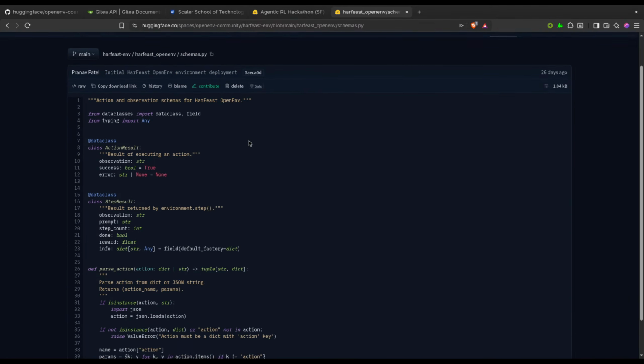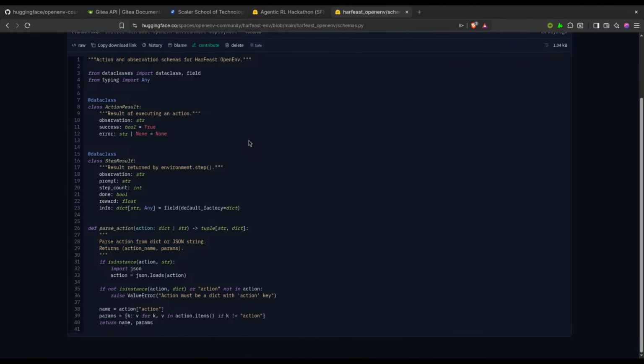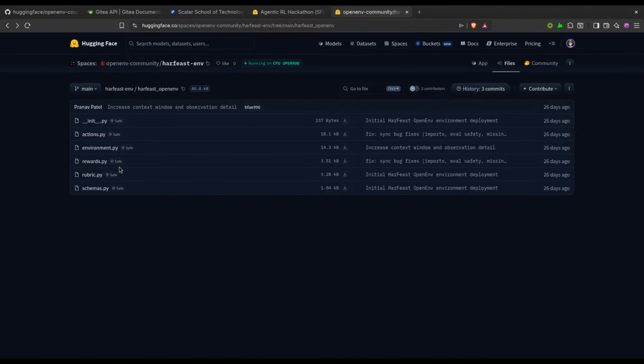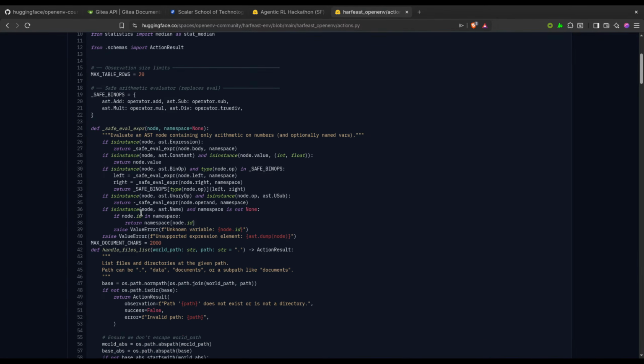Yeah, so where was I? He has defined parse action. Okay, this is taking an input, right? I don't think so. This is something useful. Is it from the client side or what? Okay, this is where the action has been kept.